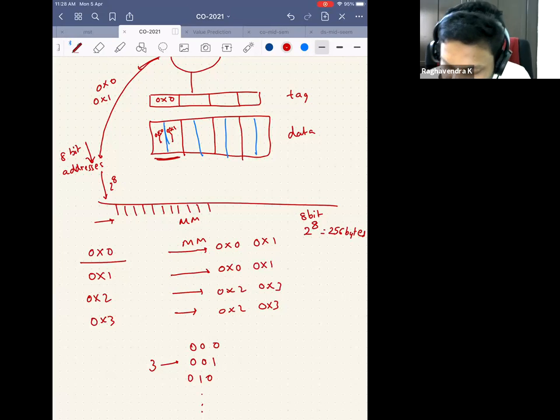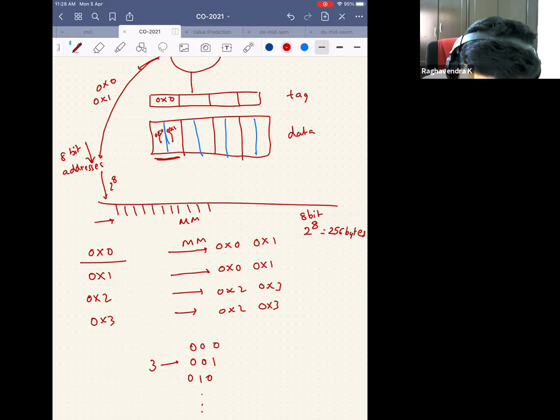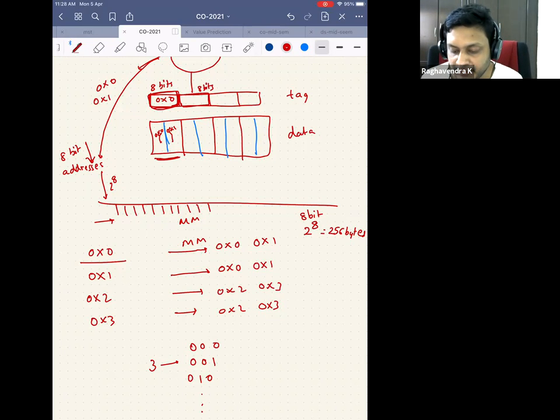So now, what was I storing in the tag? If it was an 8-bit address, how many bits were you storing in this particular tag? 8 bits, right? So I'm storing 8 bits here, 8 bits here, 8 bits here, because for a particular byte it was 8 bits. Now my question, when I did not club these 2 bytes together, is: do I need to store 8 bits, or can I do it with a lesser number of bits?